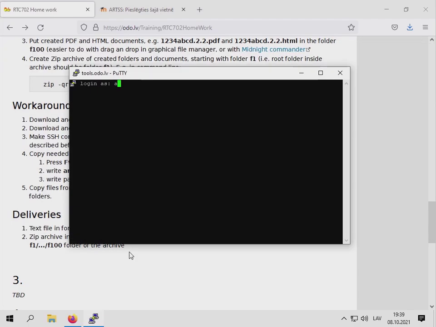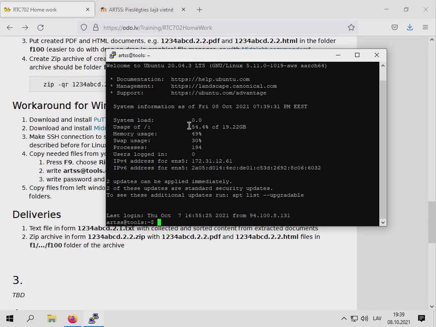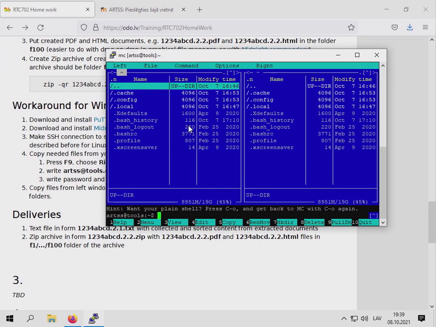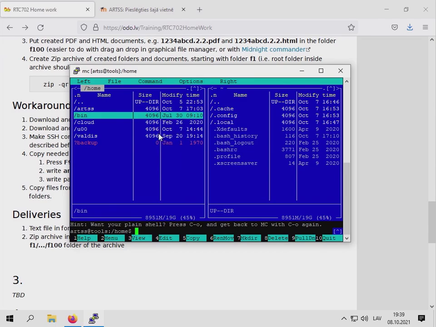Where is this PuTTY window? And then you have created a remote connection to this remote server. You can also open Midnight Commander there as well. If you don't know much about Midnight Commander, it's a pseudo-graphic commander which shows you two current folders in two different screens. You can navigate through these folders